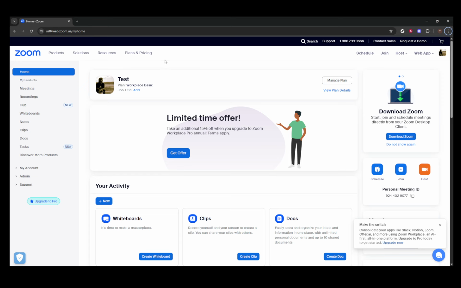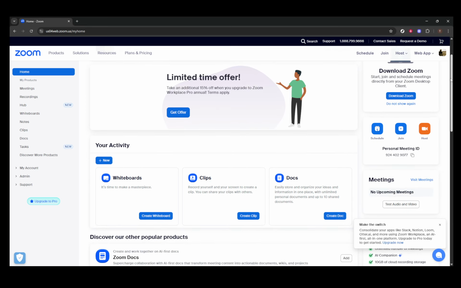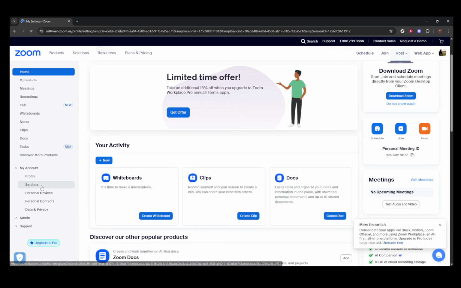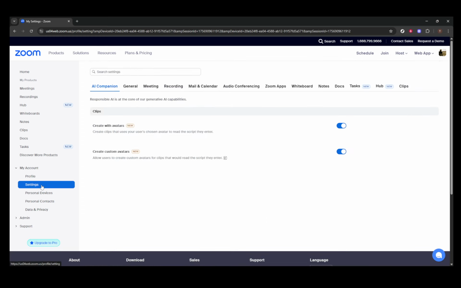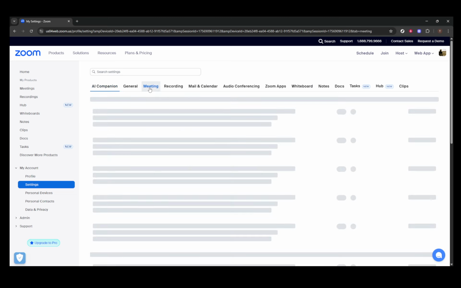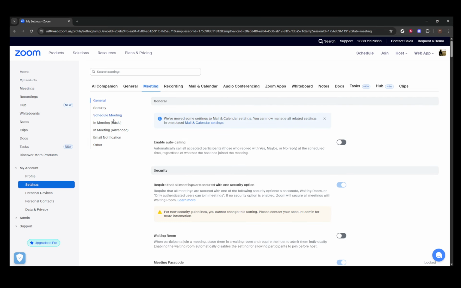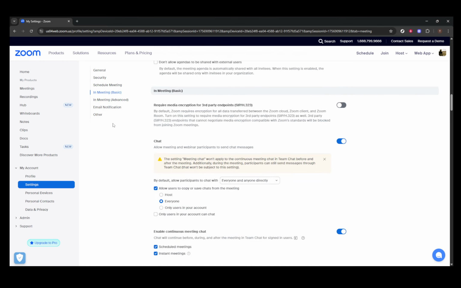Start by opening your favorite web browser and logging into the Zoom web portal. After successfully logging in, direct your attention to the Settings tab. Here, you'll want to navigate through to Meeting Settings, and then further into In Meeting, Basic. This area contains various options, so scroll until you find the section dedicated to screen sharing. Once there, you need to set Who Can Share to all participants, granting screen sharing permissions to everyone for all